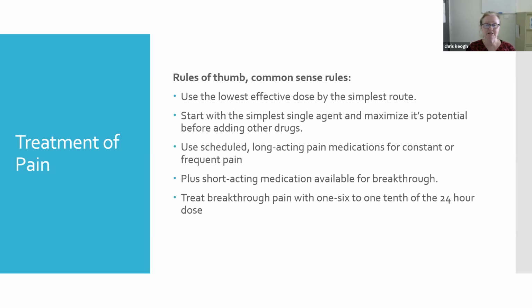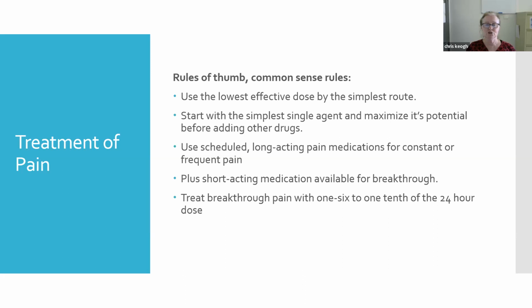Then once we've established that there is a regular need for the medication, and we've got an idea of how much pain relief people are requiring, we would put them on a longer acting pain medication, so to manage their constant or frequent pain. So if someone was on Ordine mixture, so that's morphine mixture, we might start them on MS Contin. So MS Contin 5 milligrams twice a day, but still use the PRN morphine mixture to supplement during the day if they get some breakthrough pain.